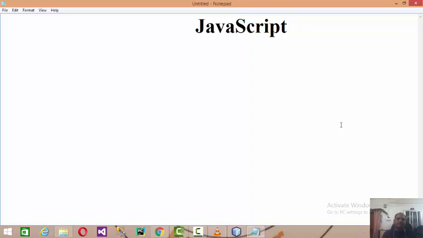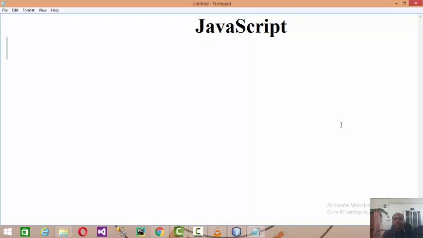HTML produces static web pages and there is no logic involved in it. So to make that page dynamic, we need to embed the JavaScript code. Up to that point we understand.